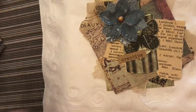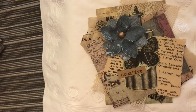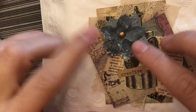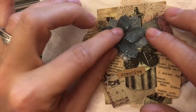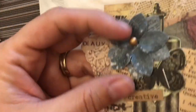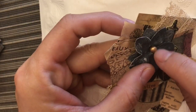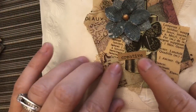This is the next cluster. These clusters are fabulous. I so need to do a junk journal. Okay, so we have a beautiful flower with, I can't tell exactly how she poked that through, but it doesn't look like a normal halfback, so I'm not sure what she used for that gold piece there. We have a butterfly, creative,